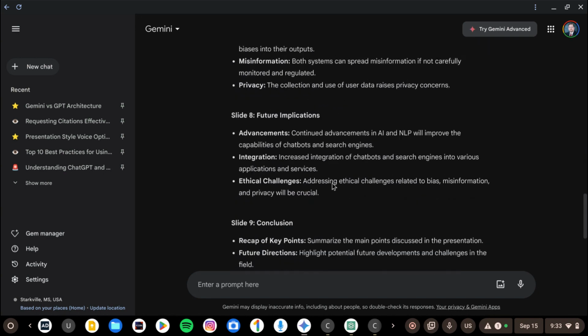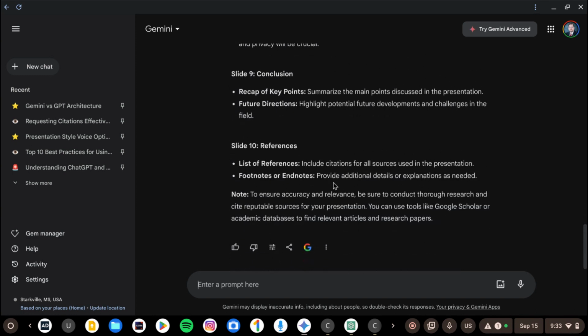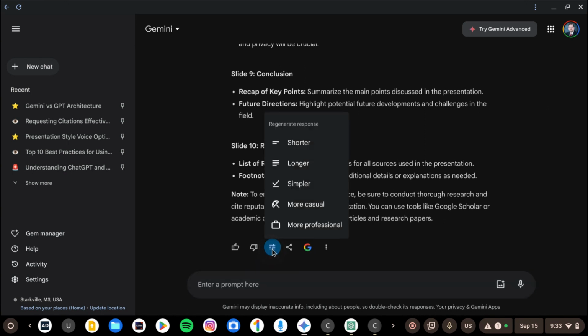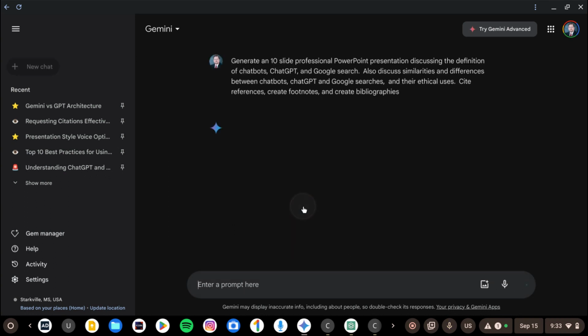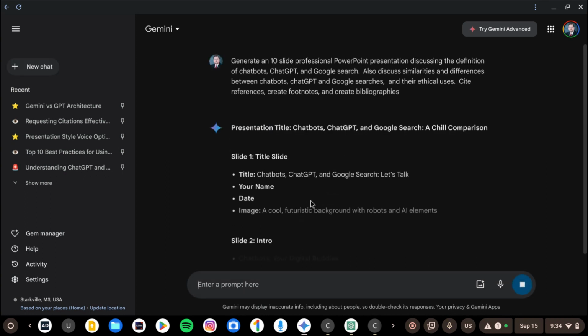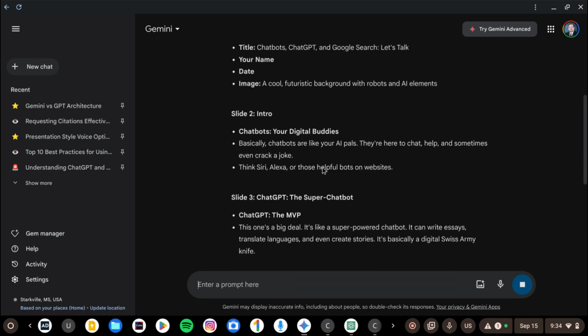So it's very, very simple to go in and repurpose this stuff. Now, one thing I forgot to show you, modify the response. You like this stuff, but you're always looking to have something that more people can understand. So let's make it more casual. You just tap that button, more casual, and now it's going to come back and it's going to